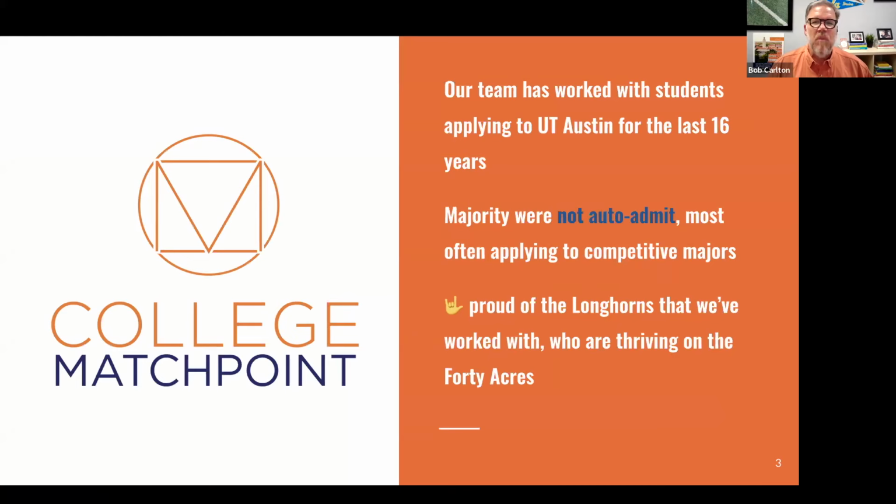The majority of them aren't auto admit kids, and they often are applying to competitive majors. We've loved the chance to work with so many Longhorns. Each year, two-thirds of the kids that we work with apply to the University of Texas. And while we can't tell you who will get in and who won't get in, we have a great feel for exactly how UT reads students and how a student can put themselves in a great situation to stand out